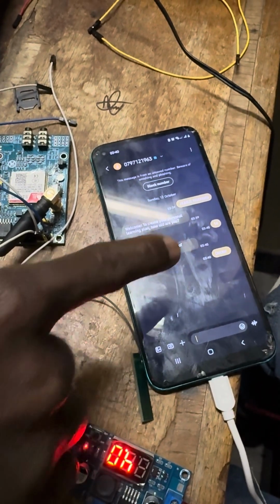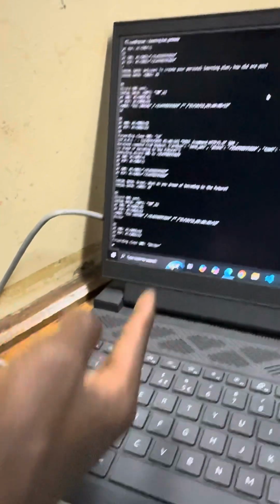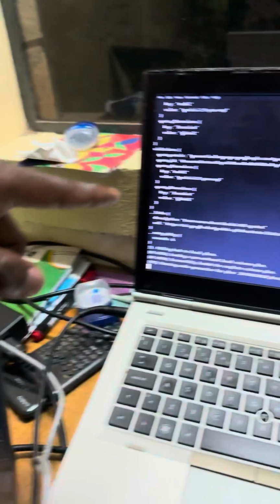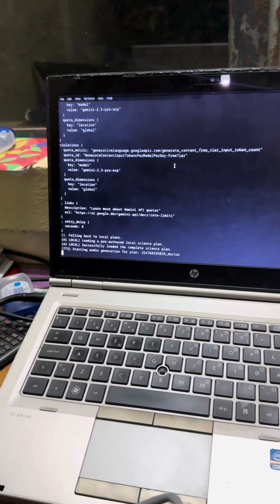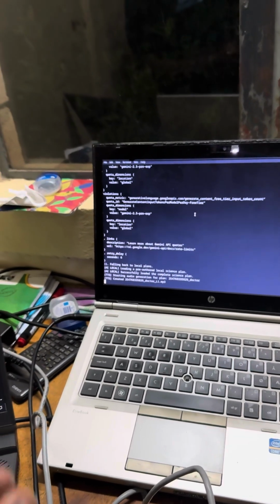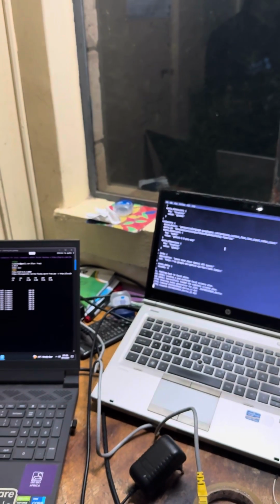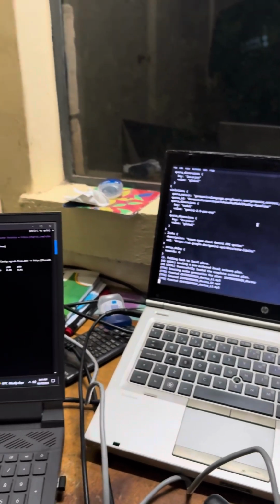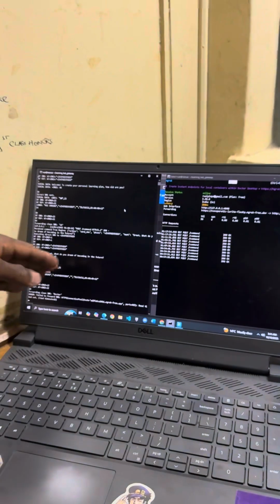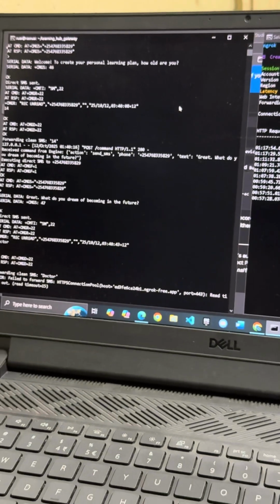She's going to reply saying she wants to be a doctor, and automatically we pick that up from the Pi, and that's sent to our server. We're using a Gemini API key, which is freely available, and a lesson plan is going to be created, and then we create a JSON and convert the JSON to speech. As you can see, the JSON files are being converted to speech, and we're waiting for magic to happen. The server is just sitting over here waiting for everything to be done, and in a few minutes,